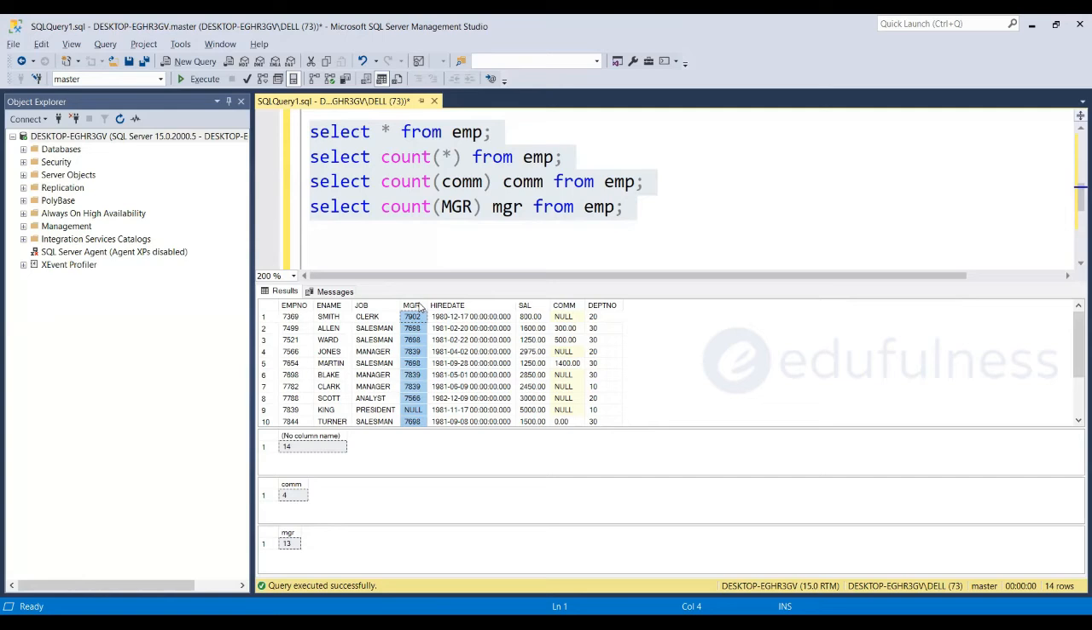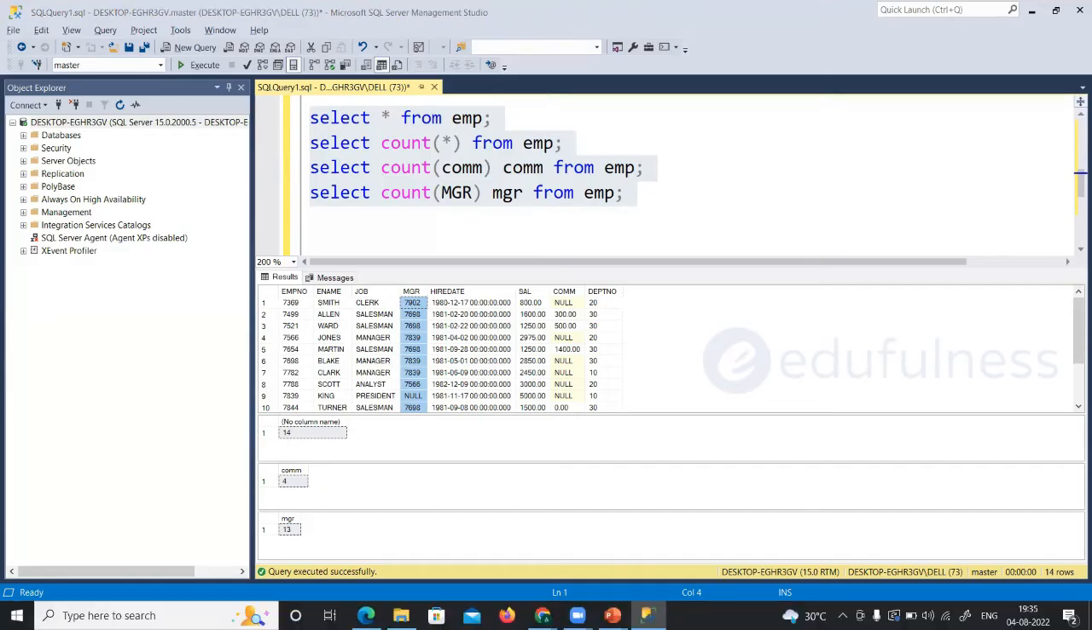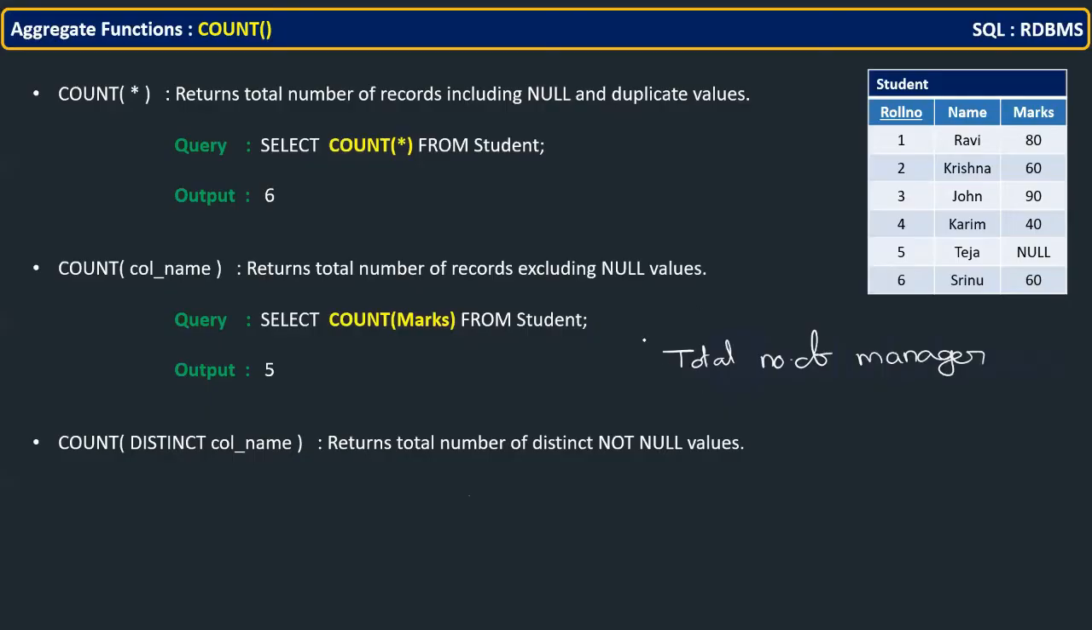Put it in the chat box. Hope the question is clear. Total how many managers are there? Observe that null values are there. Duplicates are also there in the manager column. So you can see